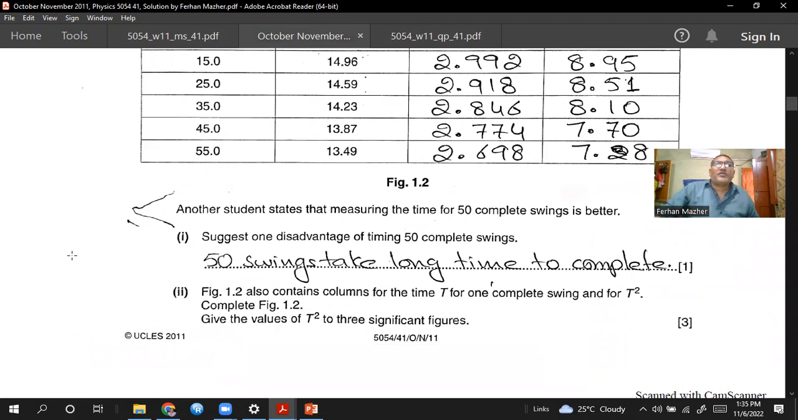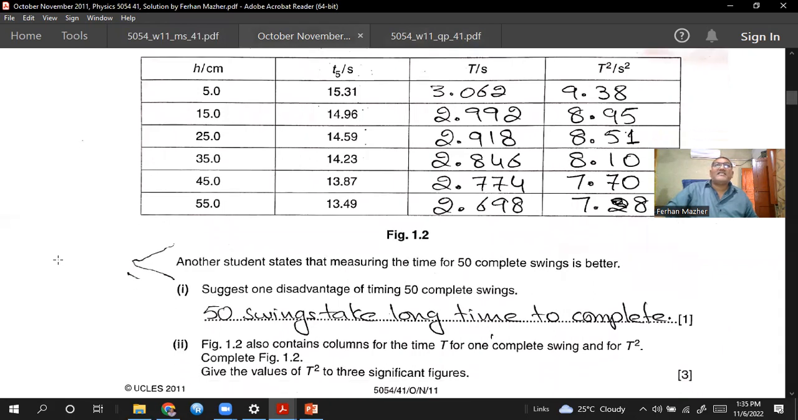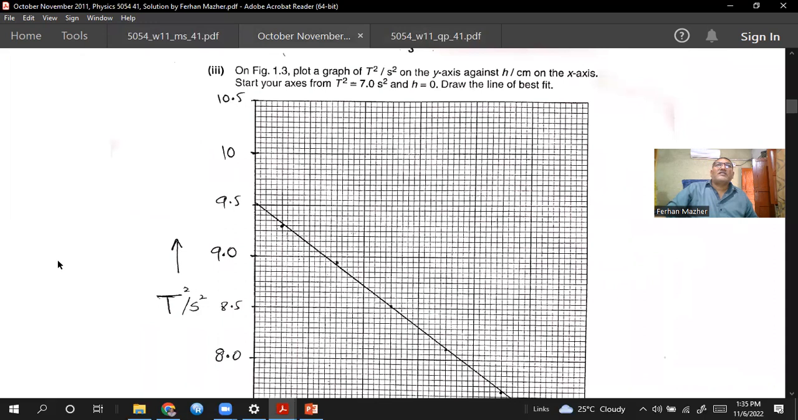Figure 1.2 also contains columns for the time t for one complete swing and for the t square. Complete the figure 1.2. We are done with that. Give the values of t square to three significant figures. So we have done that. Hopefully you understand. So that was okay. Now the next question is,